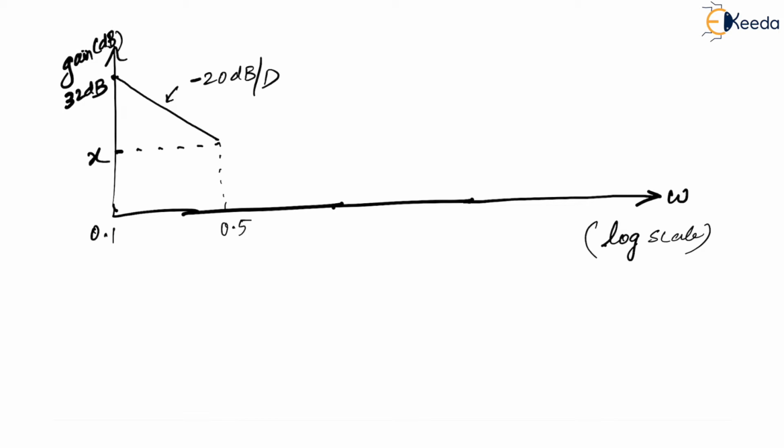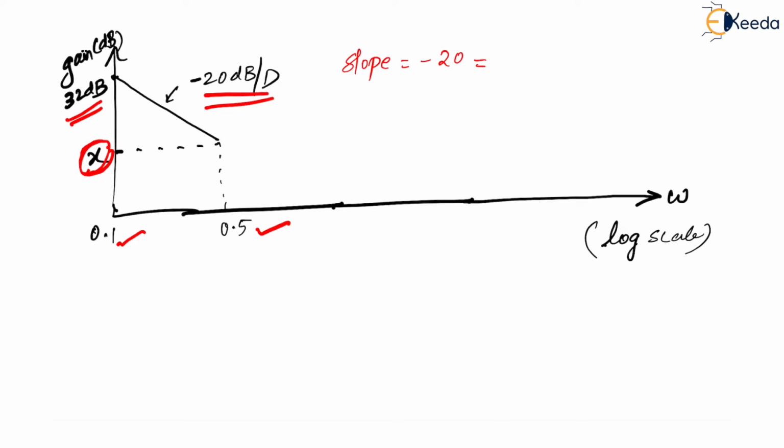Yes, dear. Now, in this, let me try to find this x. So, how do you do that? Because see, this 32 dB is given. This slope is also given, which means this point can be easily found out because this frequency and this particular frequency are known, right? So, in order to do that, let me just take our slope formula only. How much is slope? Slope is minus 20 dB per decade.